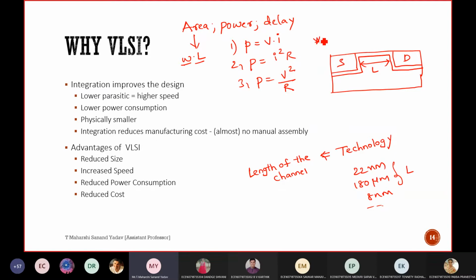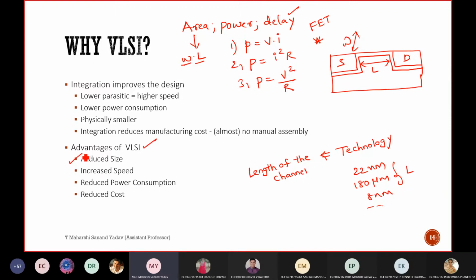You need to understand this field effect transistor concepts clearly. Okay, then what about width means? It is a three-dimensional figure. The top portion is called as width. Whereas the distance from source to drain is called as length. Length can also be called as a technology. And we have seen delay, which is nothing but the time taken by the input to propagate to the output. Okay, these are the three parameters on which VLSI depends.